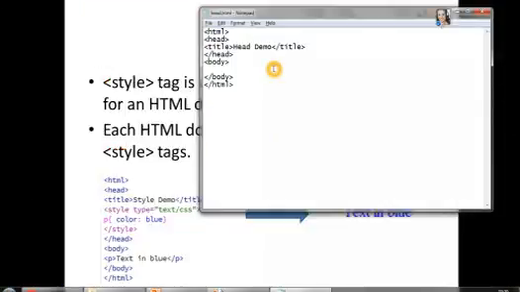Everything should come in the head tag, nothing should come in the body tag. I'll write some paragraph in the body that this is the demo for head tag.